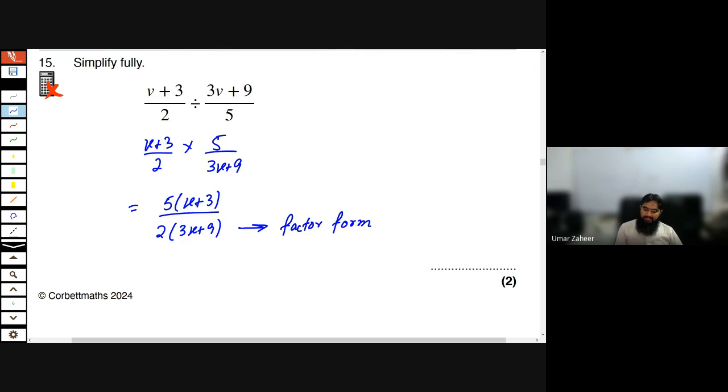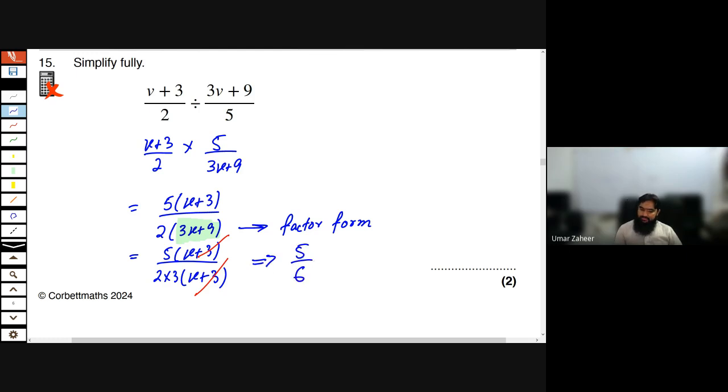If you look carefully, you have 3 common in this term. So you have to take 3 as common here: 3 times (v plus 3) divided by 2 multiplied by 3. When you take 3 common, you will get v plus 3 inside the bracket. Now the denominator is fully factorized. Now you can clearly see that we can cancel out v plus 3 and v plus 3. So the final answer is going to be